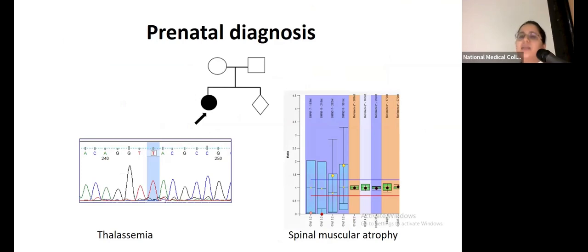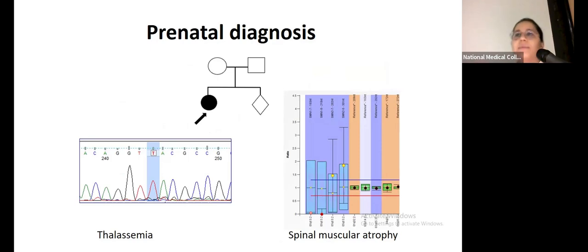But apart from these cases which present with such diverse presentation, the most common types of genetic disorders that we see are thalassemia and spinal muscular atrophy, in which they have very typical presentation. And for them, we commonly use the following approach to prevent the transmission of the disease. We first diagnose the disease in the proband. Depending on the presentation, we either go for Sanger sequencing, or SMA testing, or a long-range PCR for hemophilia.